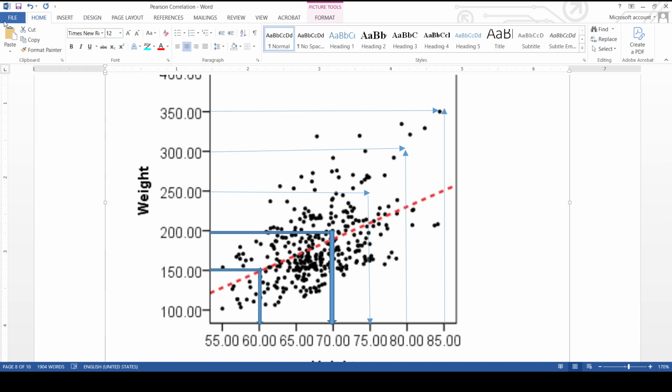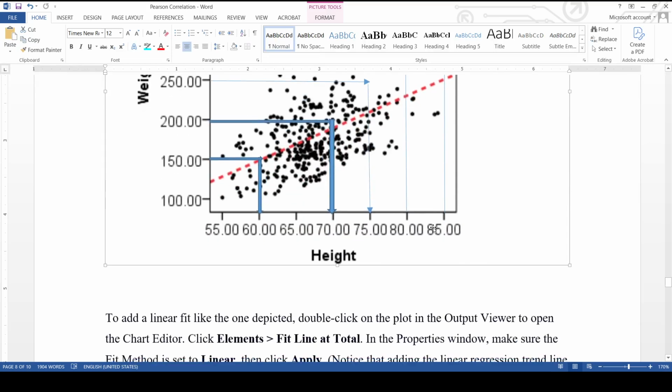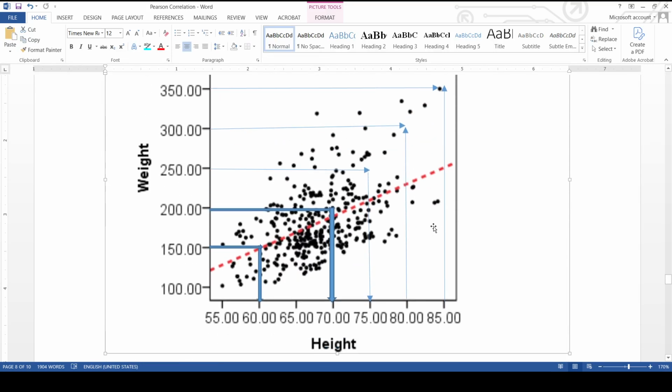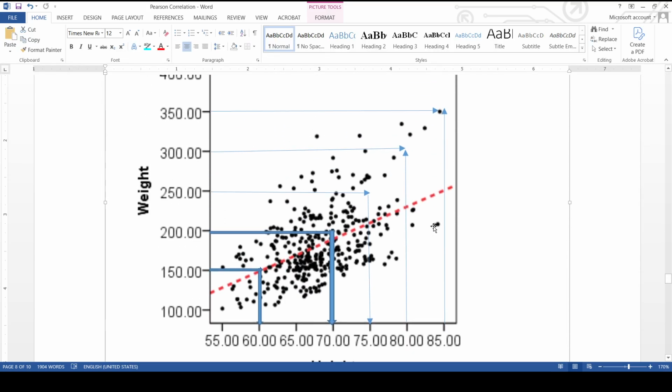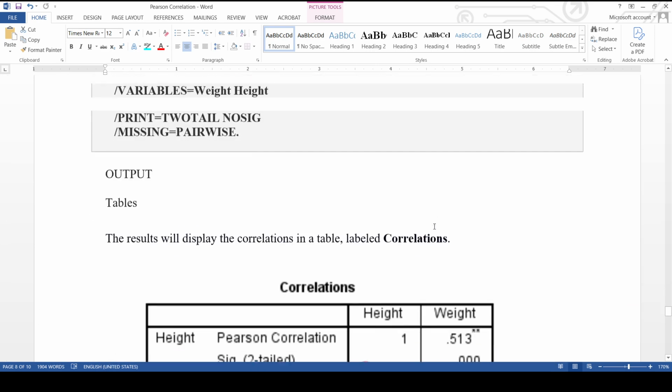So I want to believe. Let me just save this. I can still send this later, in addition to the one sent earlier. So let's see how we can generate this on SPSS. When we generate this, then we go and analyze it